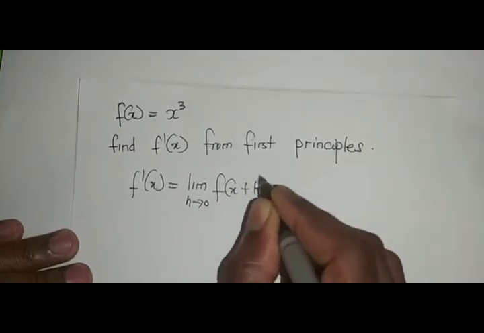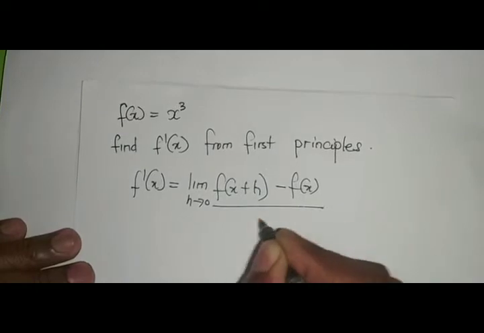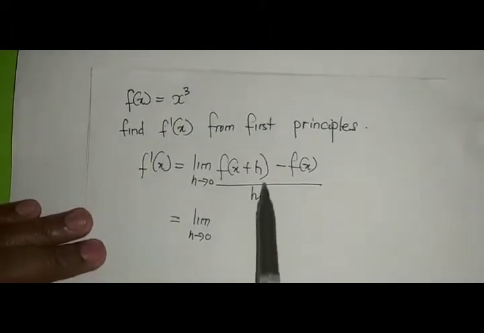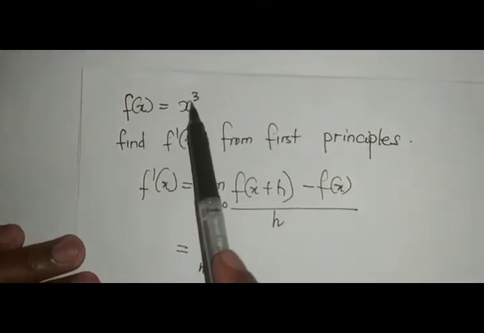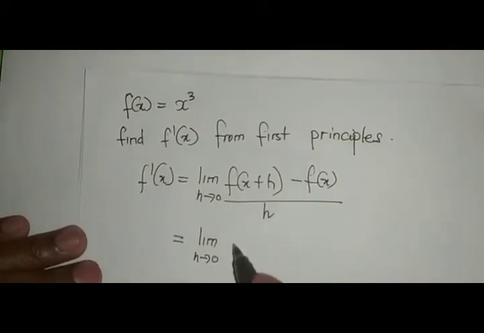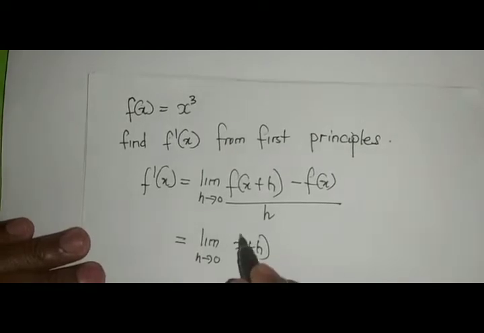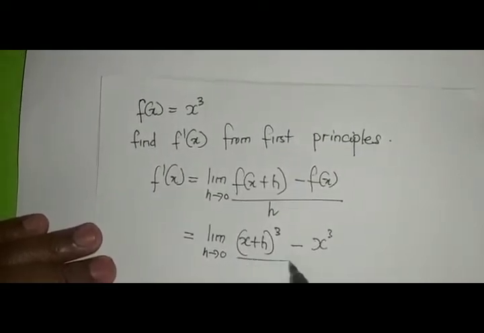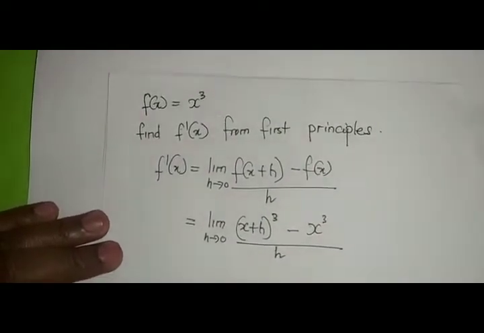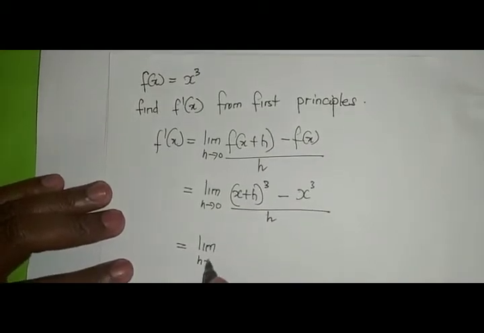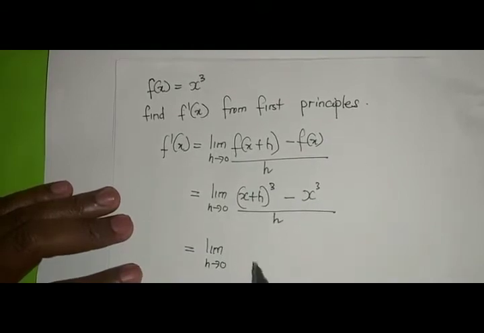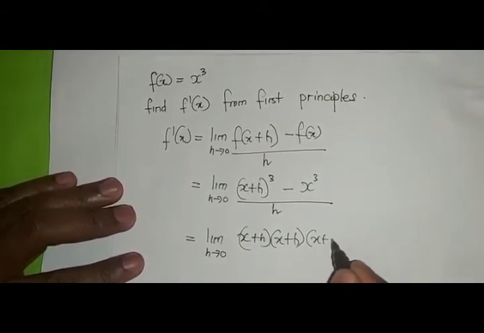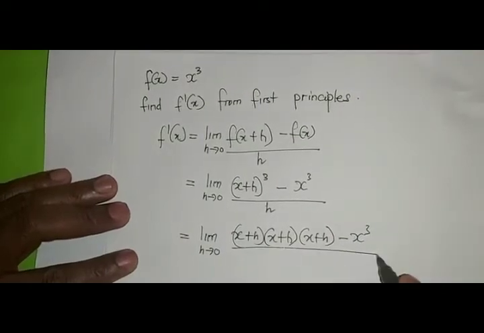of x plus h minus f of x, everything over h, which means it's now equal to the limit as h approaches 0 of, now where there is x in x cubed, we substitute with x plus h, therefore it will now be x plus h, then everything cubed, minus f of x. Our f of x is x cubed, all over h, which is now equal to the limit as h approaches 0 of, now here we expand this, which means it will be x plus h into x plus h into x plus h, minus x cubed, all over h,